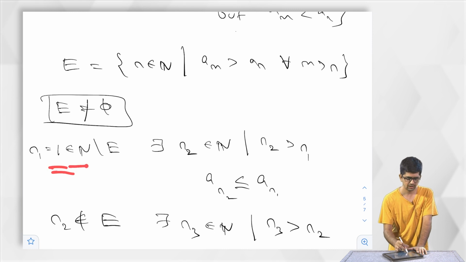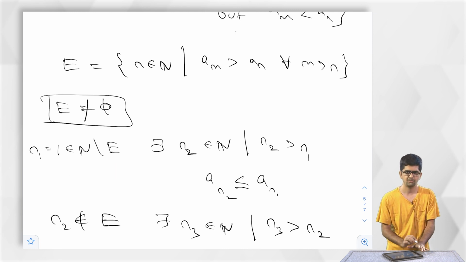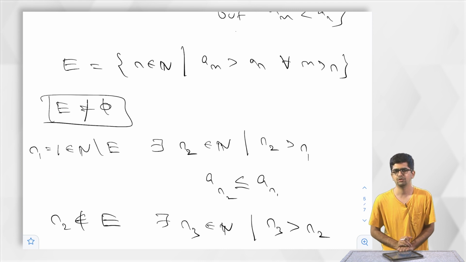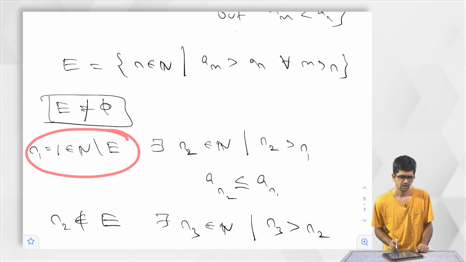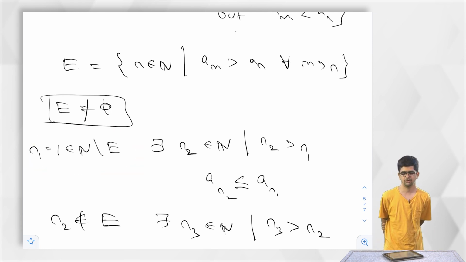Is 2 an element of E or not an element of E? How do you know that? All we know is that E is a finite set. So, 2 may be an element of E. So, I cannot apply that here. What about 3, 4, 5, 6?